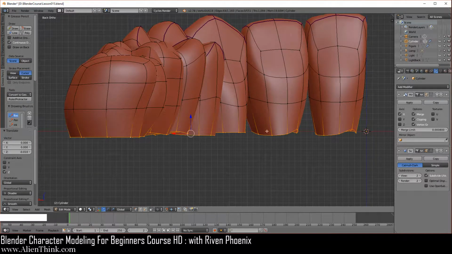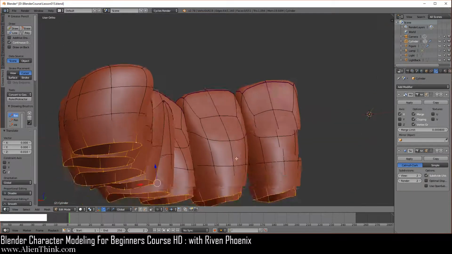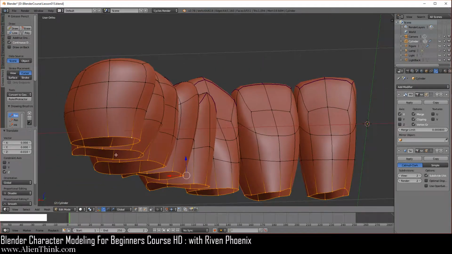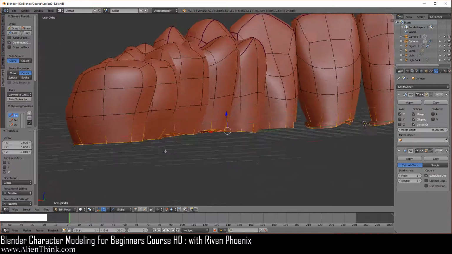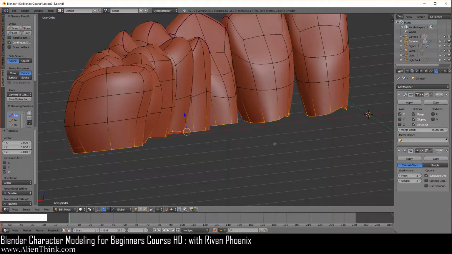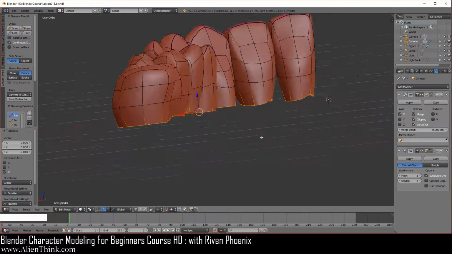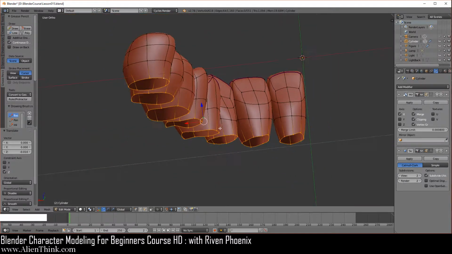Now the reason we're doing this is because we need to select this. Now I want you to notice that because we were over here, you see how this can become a little frustrating because you selected everything and now it's not aligned properly. So that's what you just have to get used to. You just have to press the period key to home in on it, and then you can just look at it the way you want to.